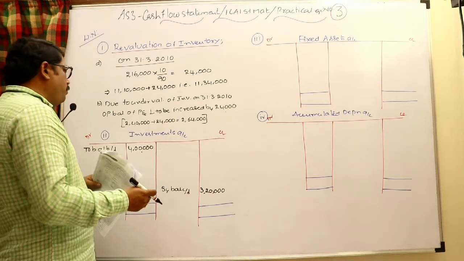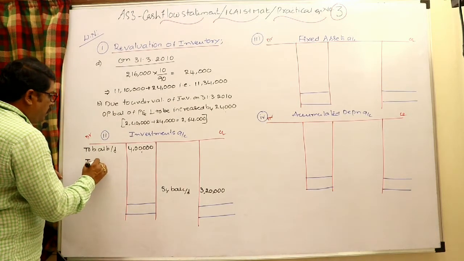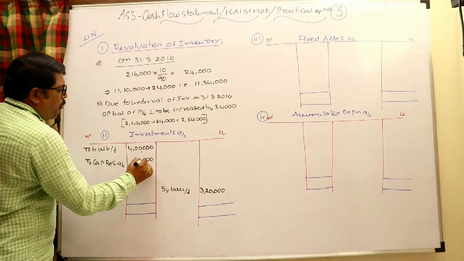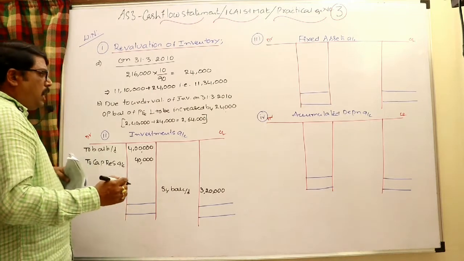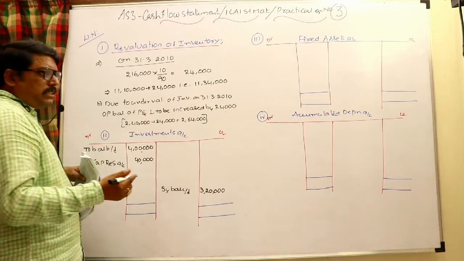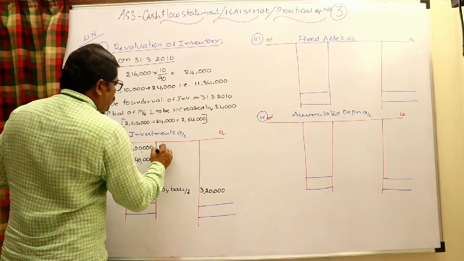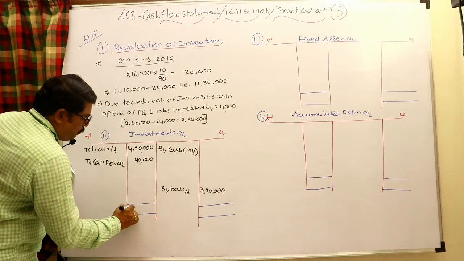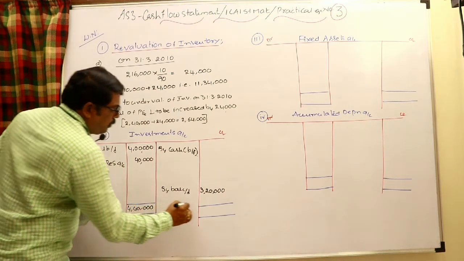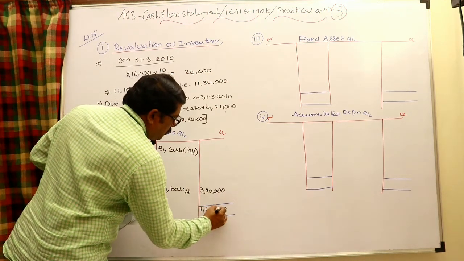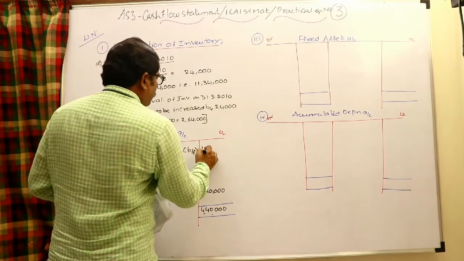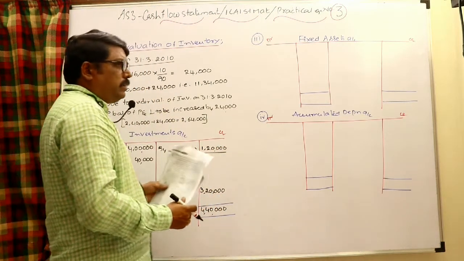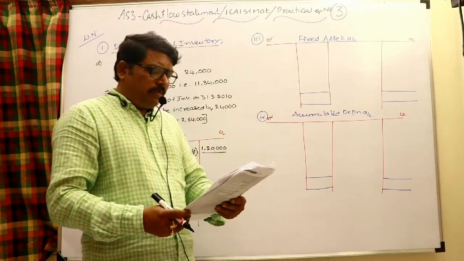Normally when investments are sold at profit, it goes to P&L, but here you write investments account to capital reserve account. Why? Because the profit is 40,000, and moreover it is said that it is transferred to capital reserve. And obviously I am able to find out the missing figure, how much cash received by sale of investments. Cash or bank to investments, in the investments by cash, a balancing figure, 4,40,000. The resulting amount is 1,20,000. This is the cash received by sale of investments, and it should be shown as an investing activity.